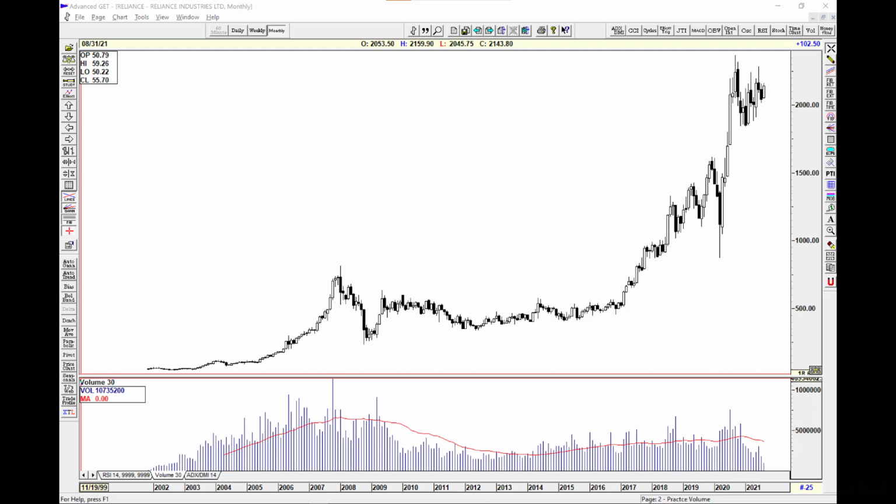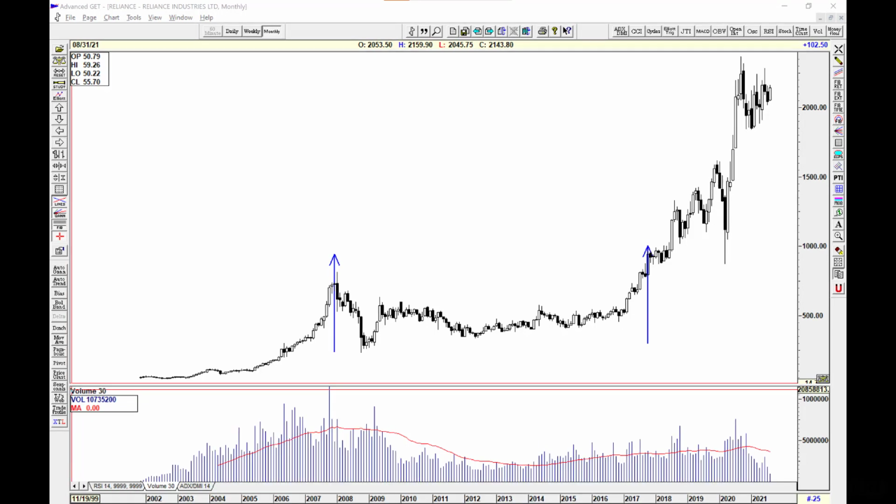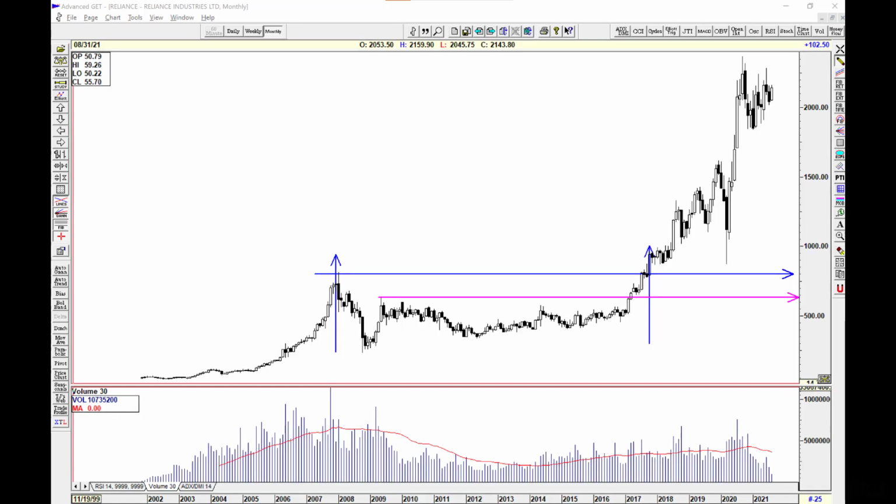Look at this. Reliance from 2008 all the way till 2017, it had remained at a certain price level. It had remained stuck between here to here. It never went up. The highest it went was around 630 and odd, and then it remained here. And within that, most of the time, it actually was here. It was less than 500. Most of the time, here or even here, right?